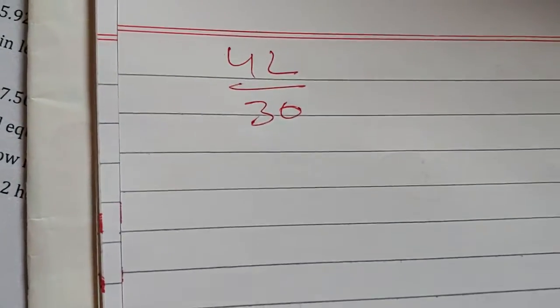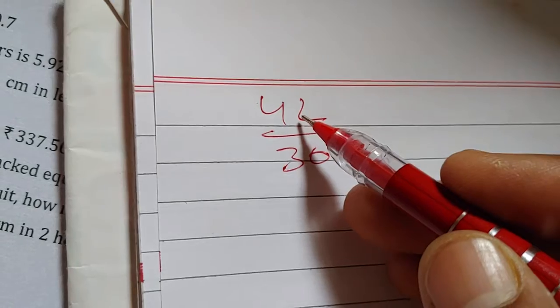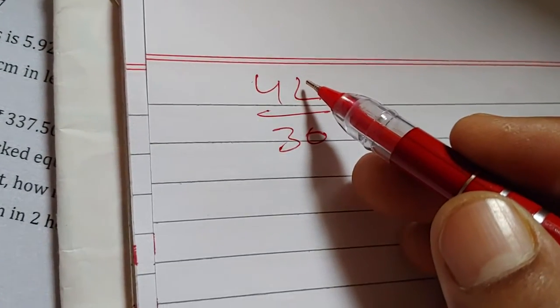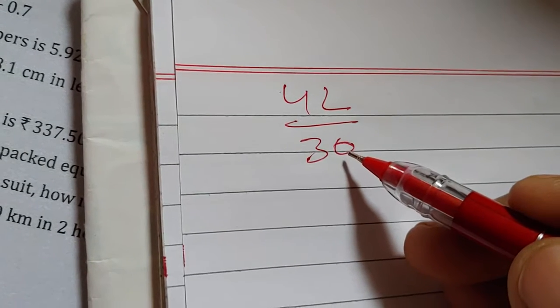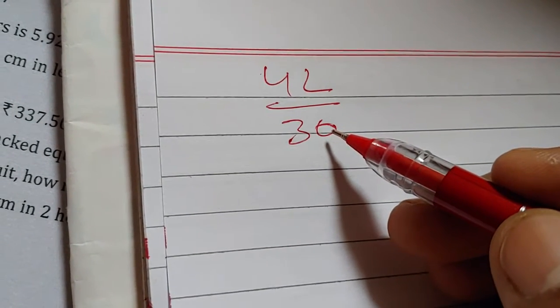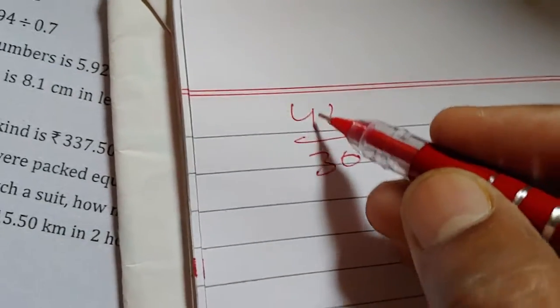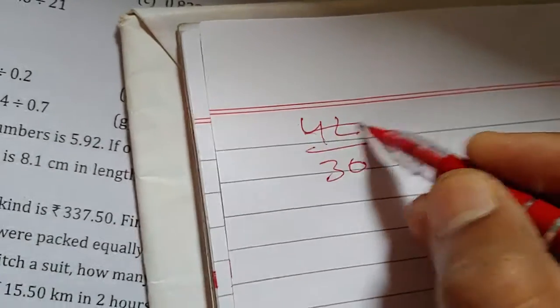Now taking a very simple example, it is a multiple of 2. It can be divided by 2 because if the last place is 2, it is divisible by 2, and if the last place is 0, it is divisible by 2, 5, 10. So first take a very simple example. This is the cancellation method.